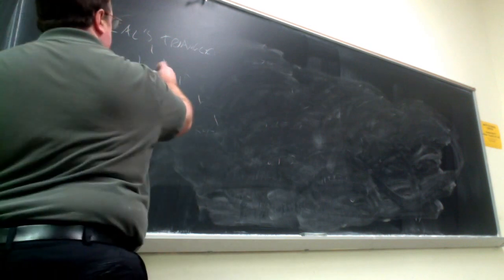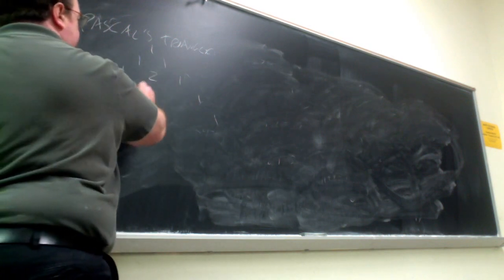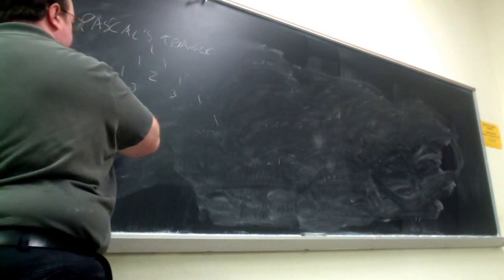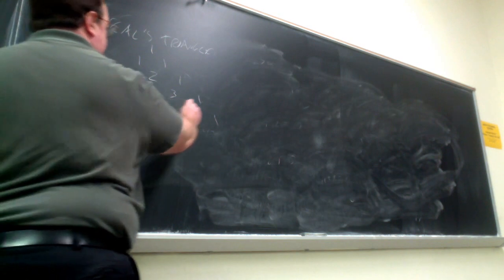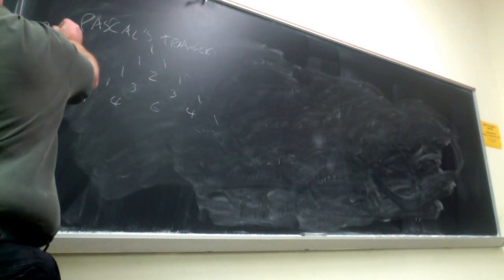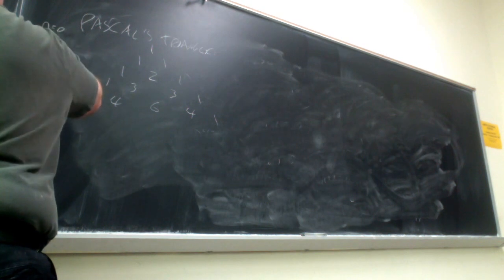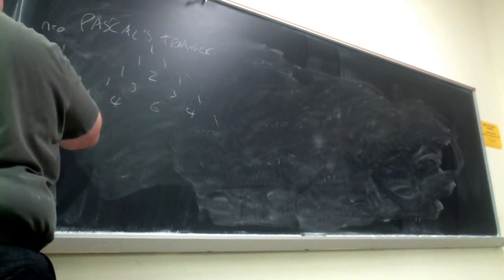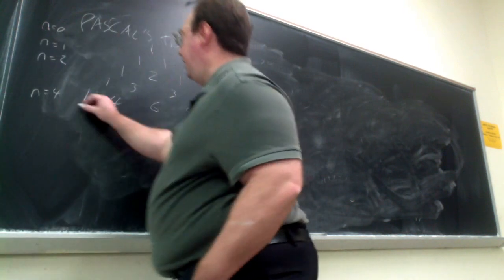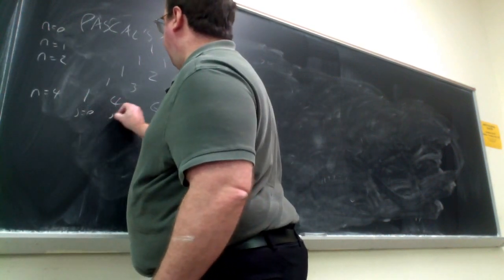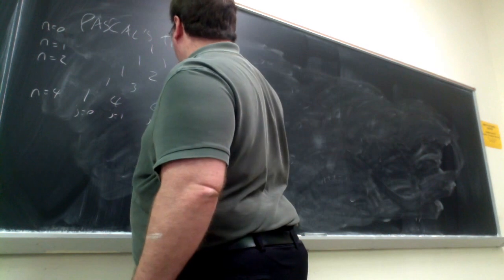So 1 plus 1 is 2, and then you add these to get 3, and then you add these to get 4, add these 2 to get 6. And you see a pattern of the coefficients that emerge. These are also binomial coefficients. So if I number these rows, n equals 0, 1, 2, and so forth. And if I indicate positions like j equals 0, 1, always starting from 0,